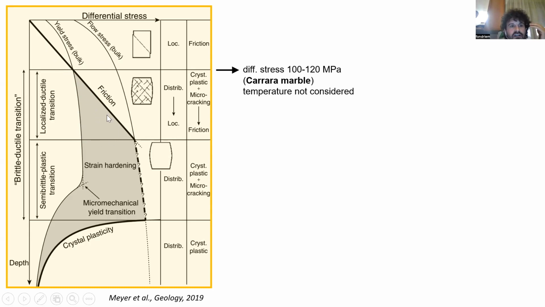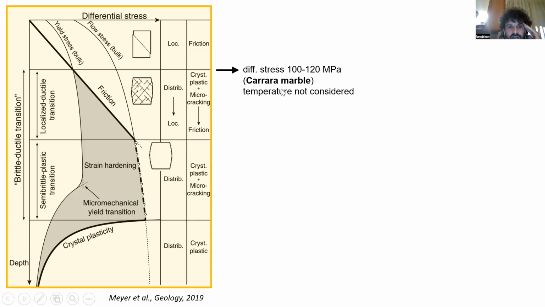So you will have frictional behavior on your fault, but a lot of microfracturing around. And then as we go even deeper, you will move to a brittle plastic transition. So you will have both diffuse microfracturing, and you start to have also crystal plastic deformation going on. So everything is more and more complex. This is the case, for example, of Carrara marble, so for example of a carbonate crust, which can be the one you have in the Central Apennines,